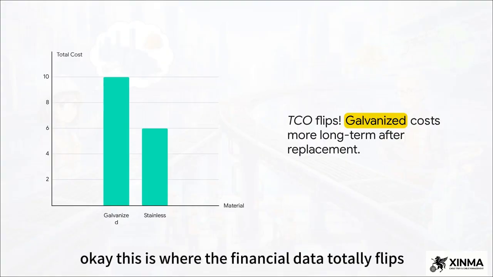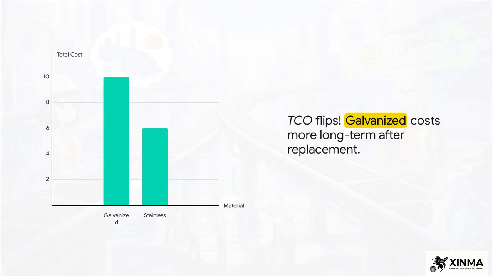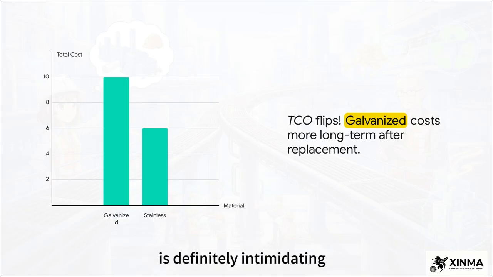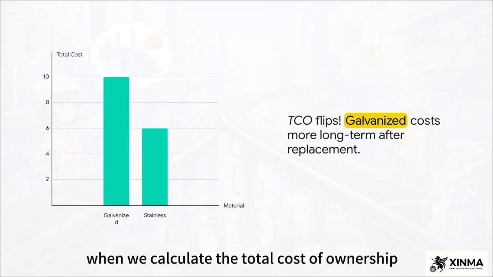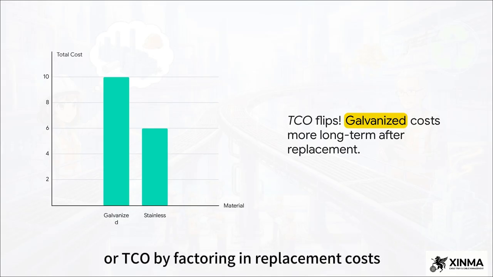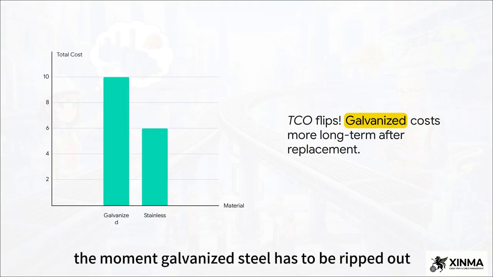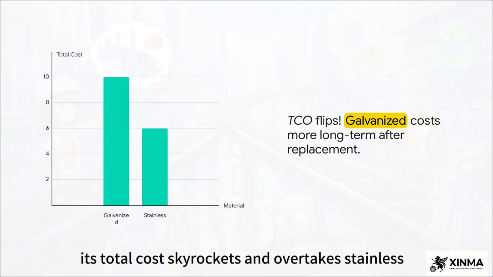Okay, this is where the financial data totally flips. If you're only looking at the initial cost, that hefty premium for stainless steel is definitely intimidating. But watch what happens when we calculate the total cost of ownership, or TCO, by factoring in replacement costs. The situation reverses instantly. The moment galvanized steel has to be ripped out, repurchased, and reinstalled, its total cost skyrockets